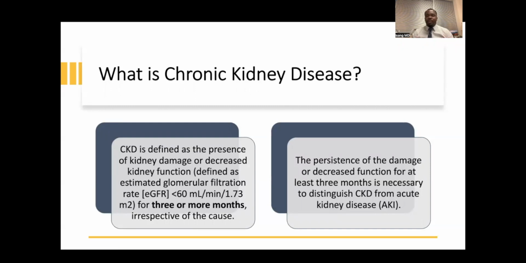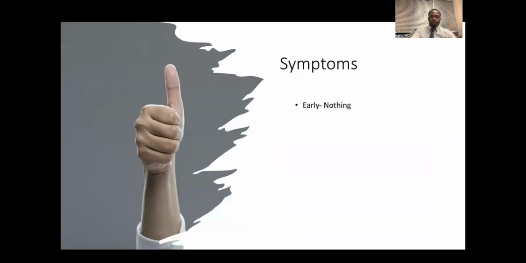Treatments for both are similar, controlling risk factors. Acute versus chronic, one of the biggest differences is if you catch acute early enough, you could potentially cure it, you can potentially reverse it. Versus chronic, this has been ongoing for several months, for some people several decades. So the option of potentially preventing or reversing or curing may not be there anymore, but now we're focused on preventing it from worsening or keeping it at bay.